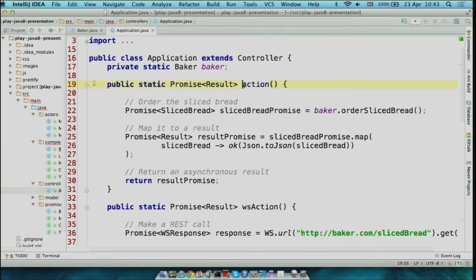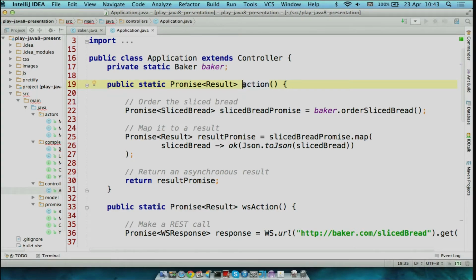Now Play will do its own thing to handle that, and you typically do some I/O to be able to write the response out. But as an end user, it should be very rare for you to want to do anything other than map, flatMap, or recover or things like that. You should never actually need to add a callback or get or wait for the result of a promise.